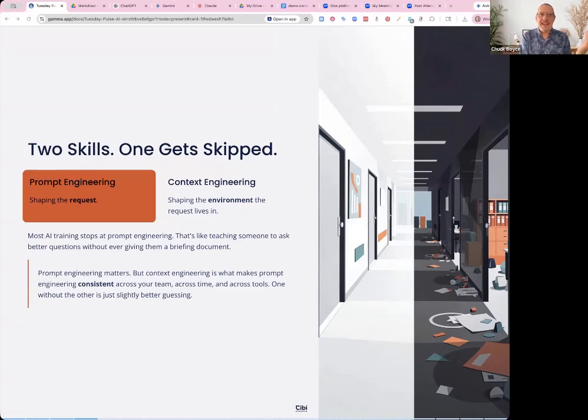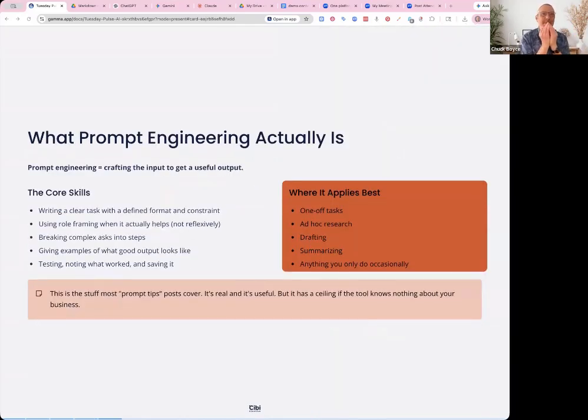And context engineering, again, makes it more reliable, more repeatable. So, what prompt engineering actually is. Prompt engineering is creating an input that is very reusable. And in previous episodes, if you've seen these, I've talked about craft, I've talked about create. It's very simple. You just give them clear, specific tasks that you want it to do. Again, give them examples, give them a role, give them the audience.